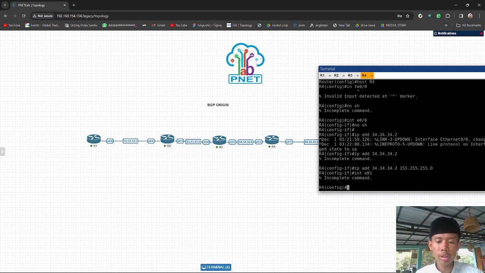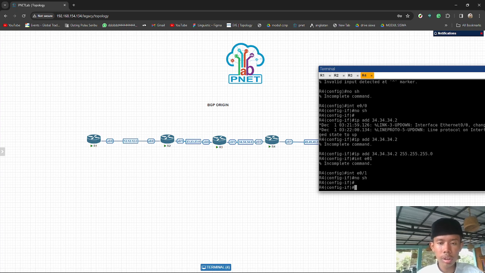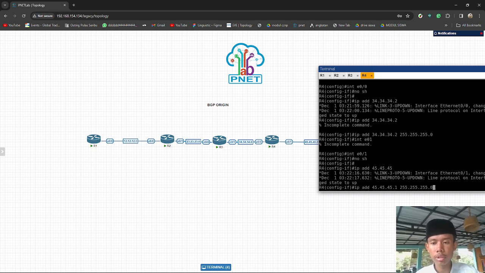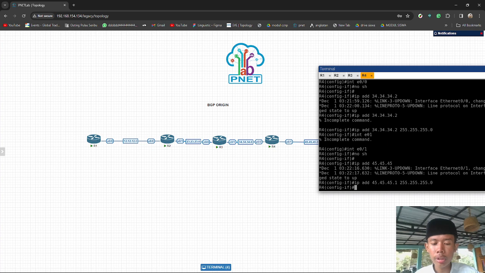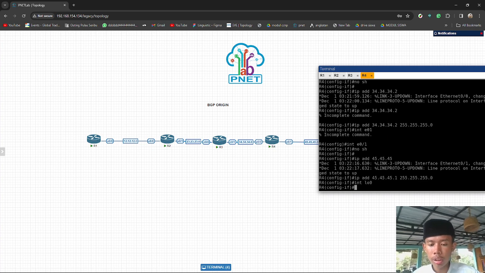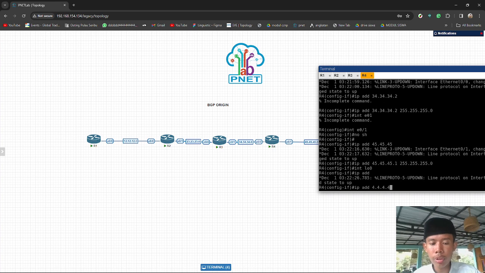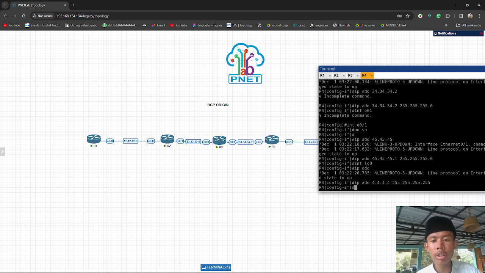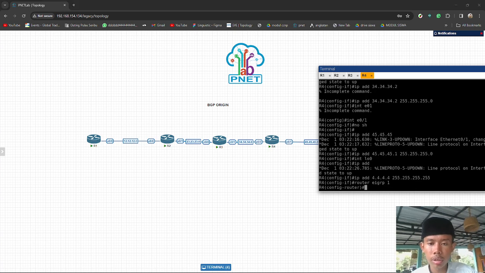Interface E0/1, no shutdown, IP address 45.45.45.1. Then make the IP loopback, interface loopback 0, IP address 4.4.4.4 because this is the fourth router, and advertise all the networks into EIGRP.